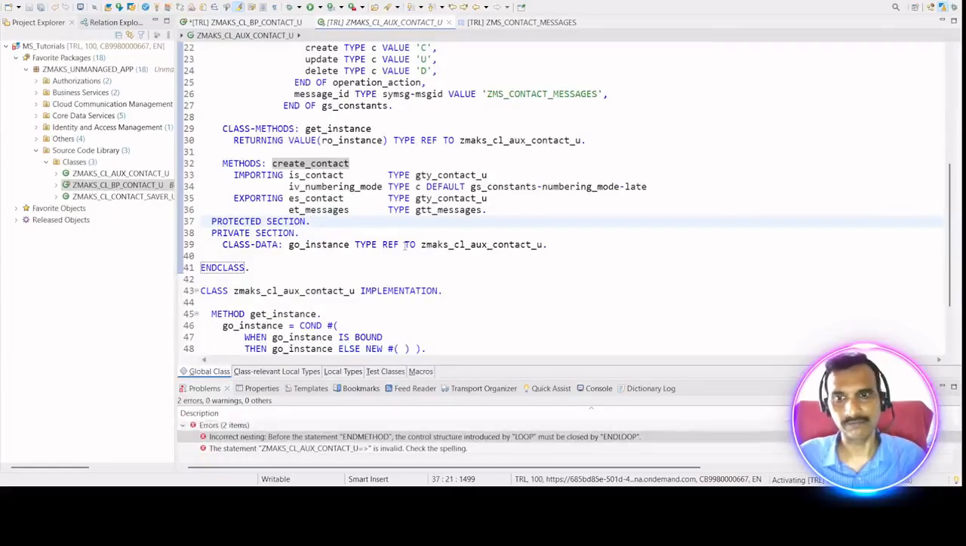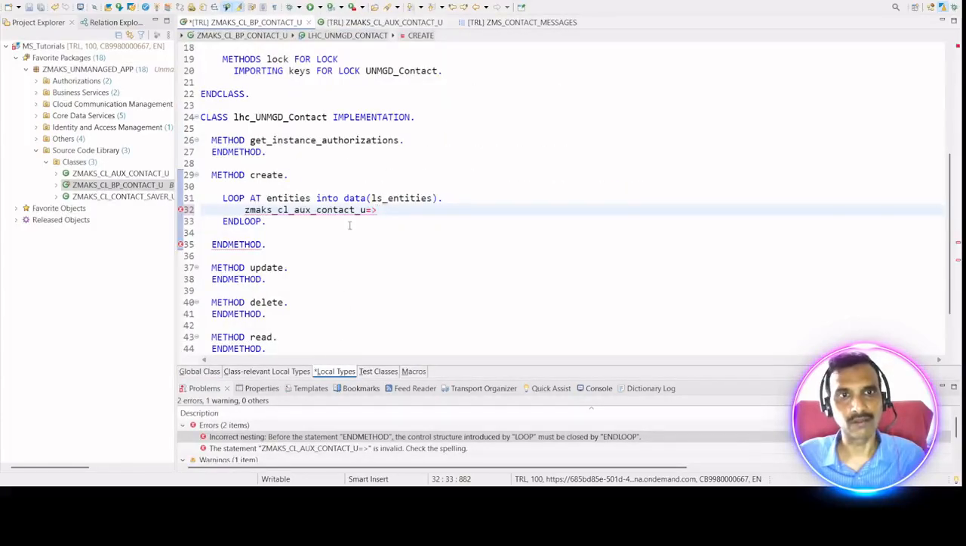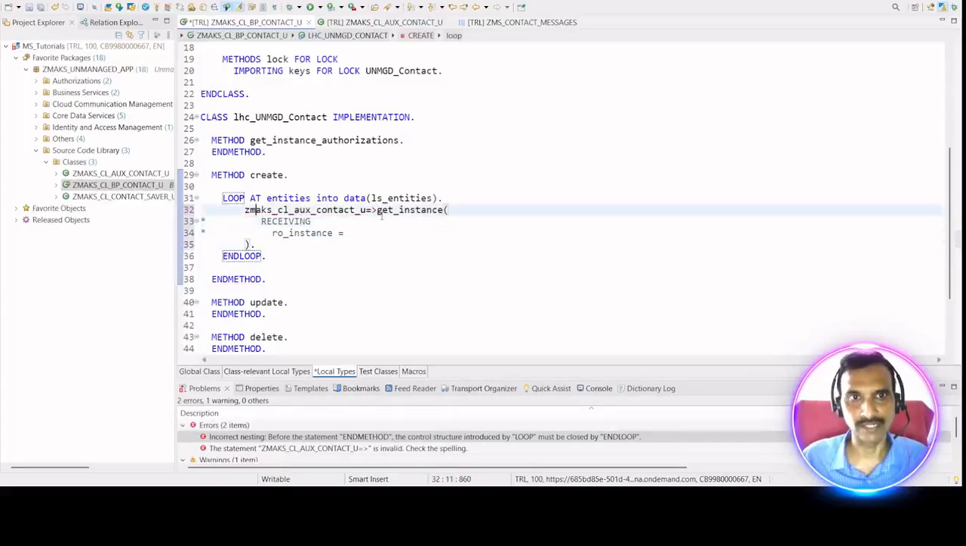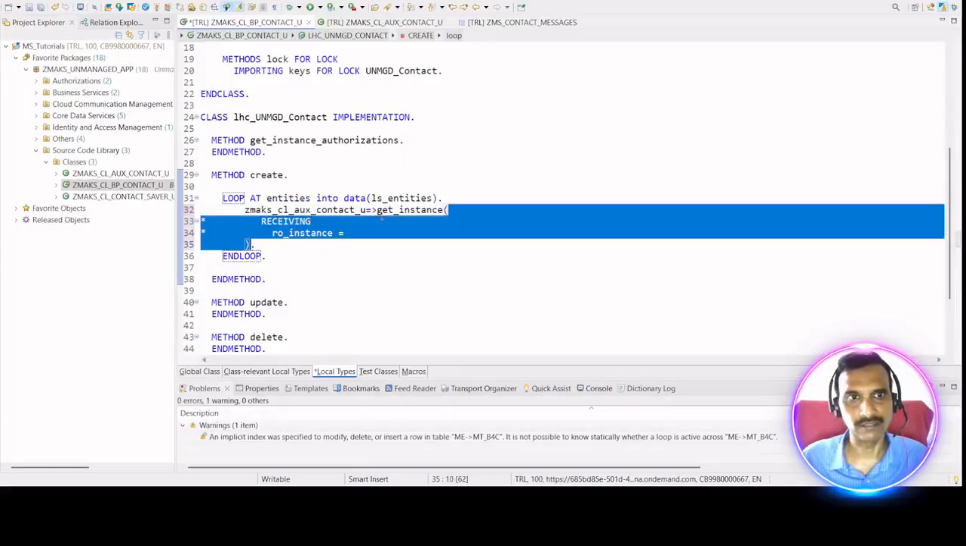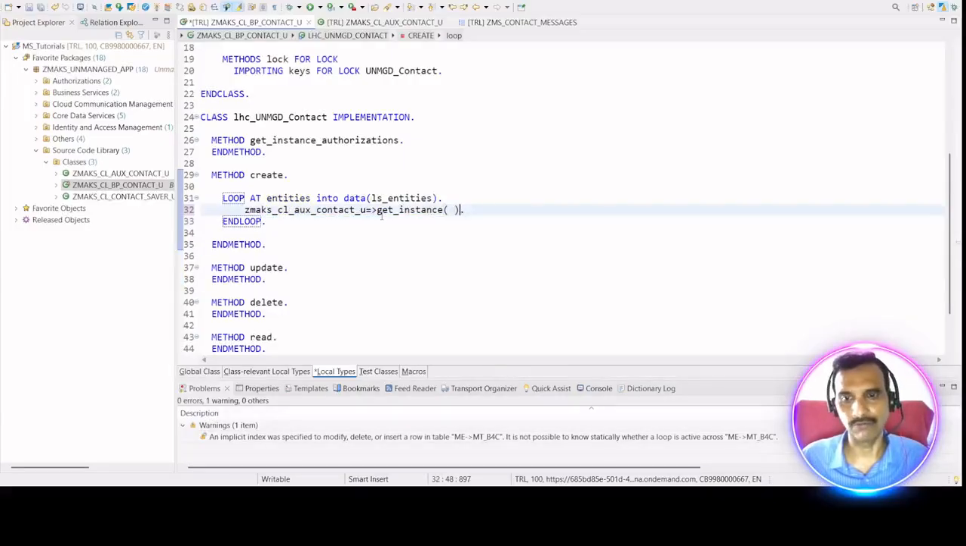Control F3 says activating it. This is activated. Now let me come back here, and then I should be getting the get instance, and using that get instance method we should call our